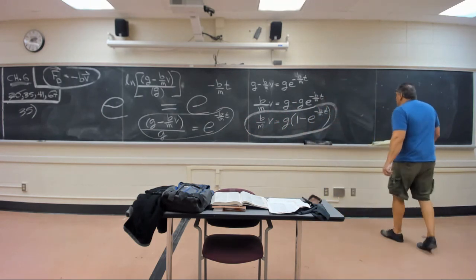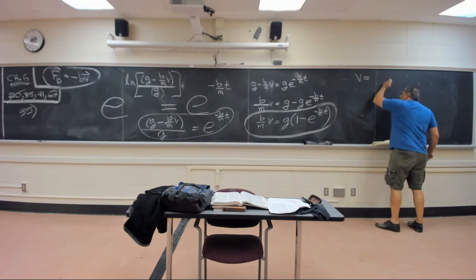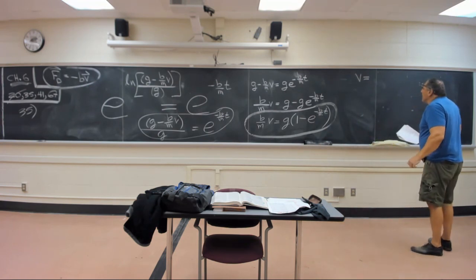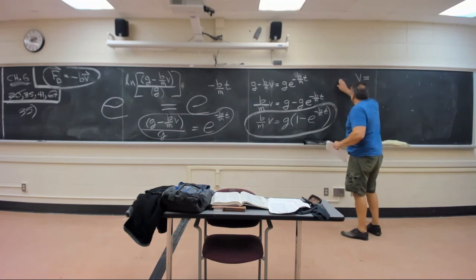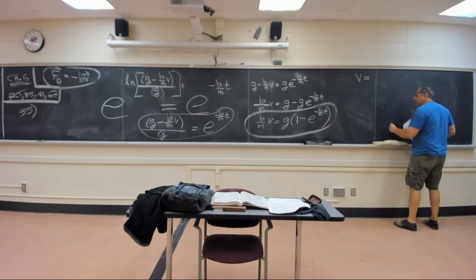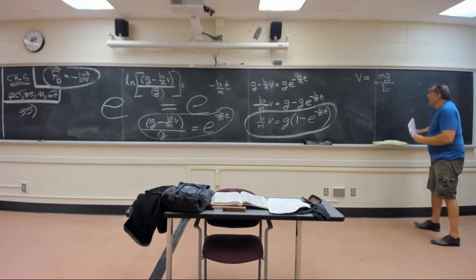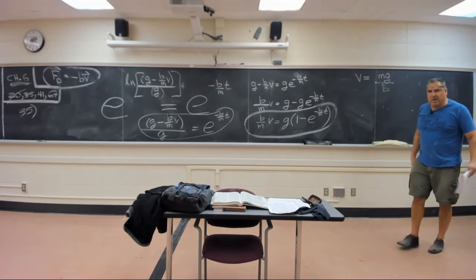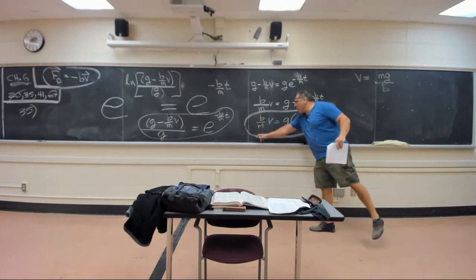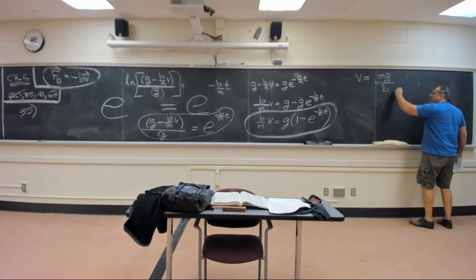Multiply by m over b on each side. Not sure what's going on with this right here, guys. Multiply by m over b on each side. That mg looks awfully familiar. It's the weight. Kind of neat how that works out. Multiply by m over b on each side of the equation. And we got